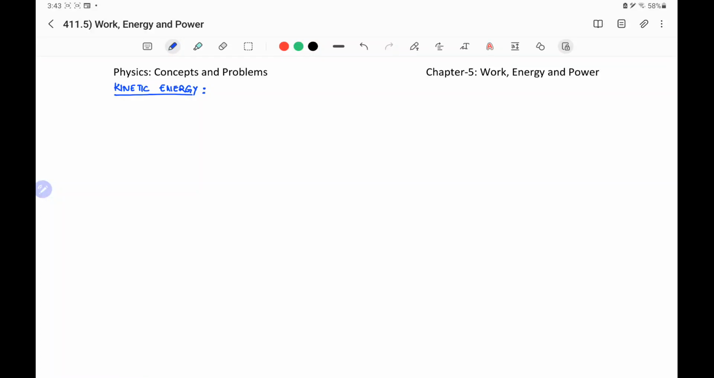Next topic is kinetic energy. We have discussed that work done is the dot product of force and displacement, where force is the mass into acceleration. So we can write work equal to mass into acceleration dot s. And using the equation of motion,